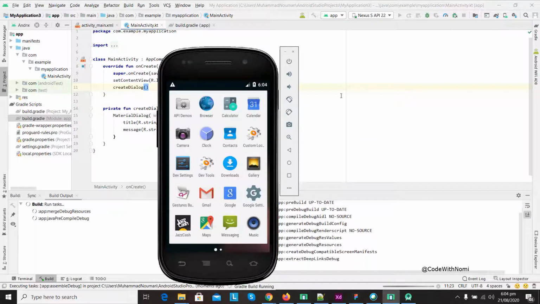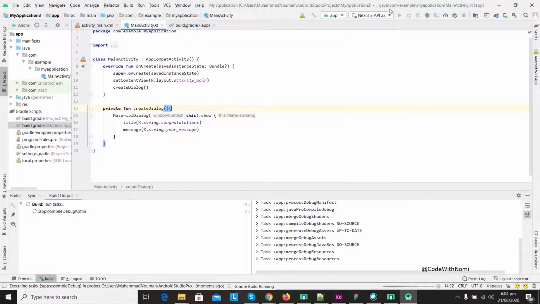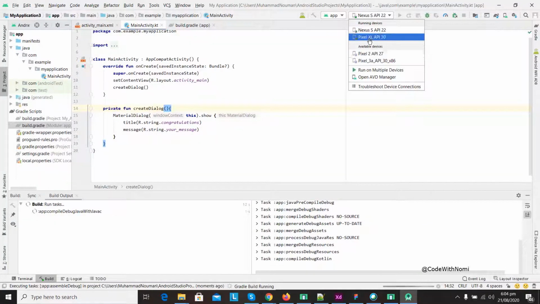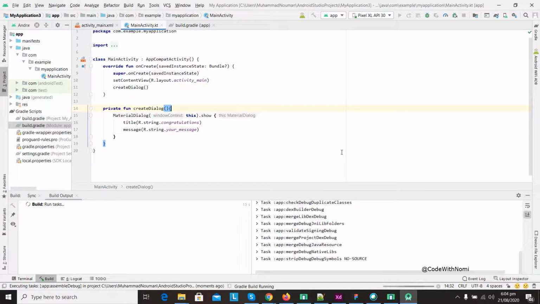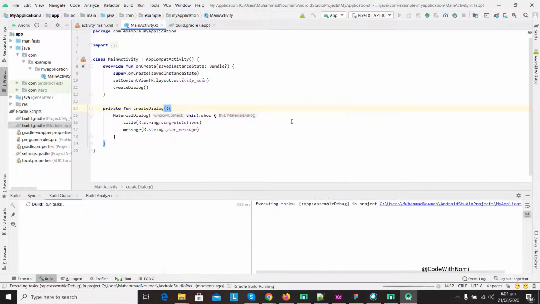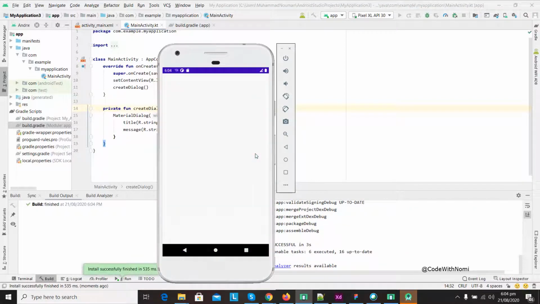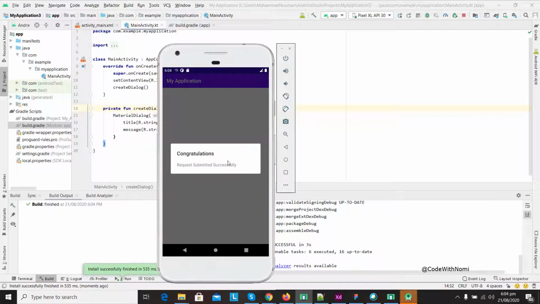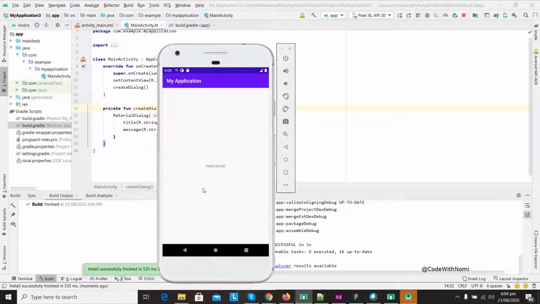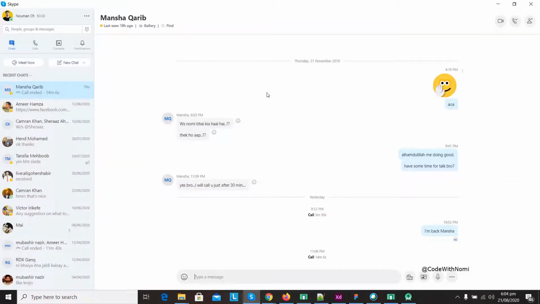We can open up the simulator. The simulator is pretty old, so we'd like to play it on Pixel. Okay, here's our very simple dialog box, and let's add some buttons into it,